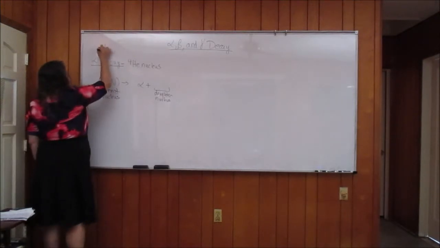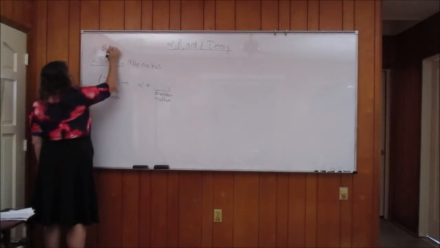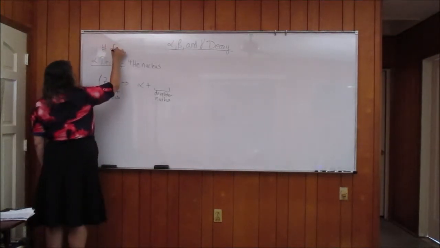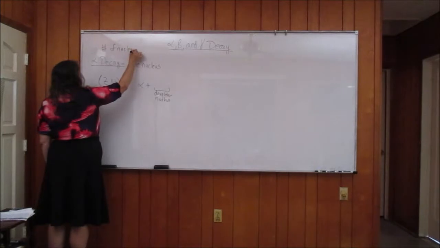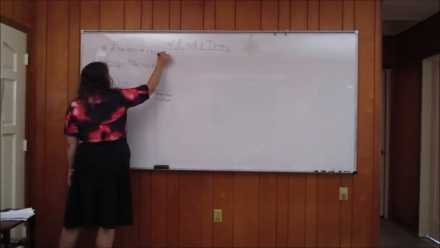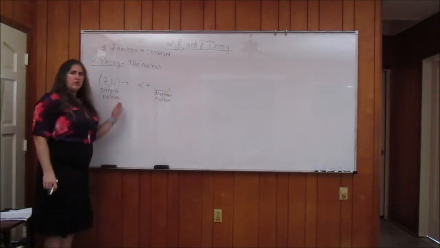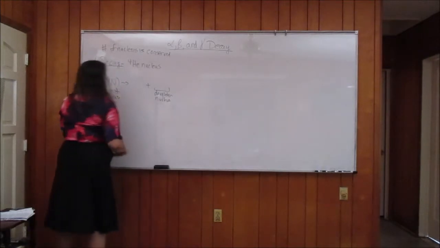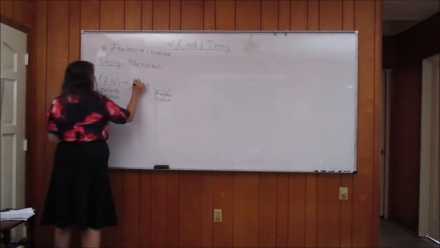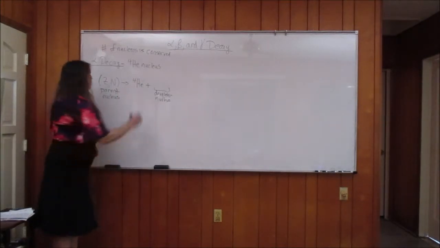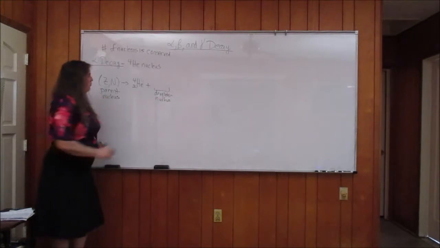So the total number of nucleons is conserved. Altogether, we initially started out with Z plus N nucleons, and as I said before, an alpha particle is basically just a helium-4 nucleus, which means it's got 2 protons and 2 neutrons. So therefore, the daughter nucleus